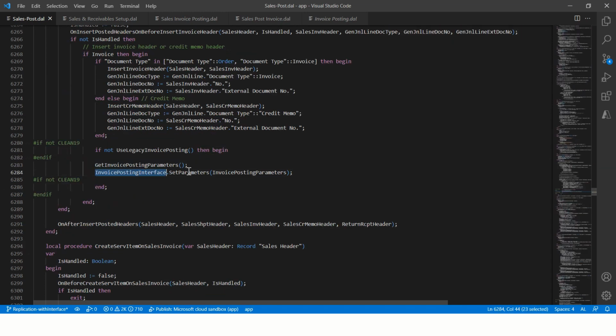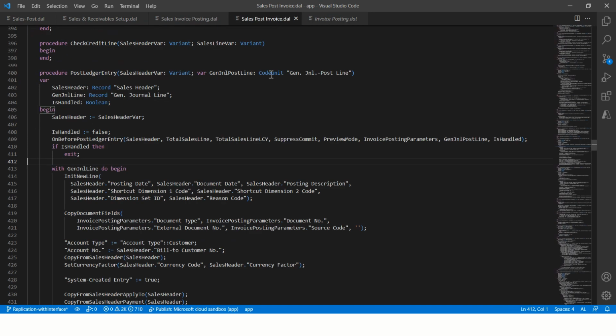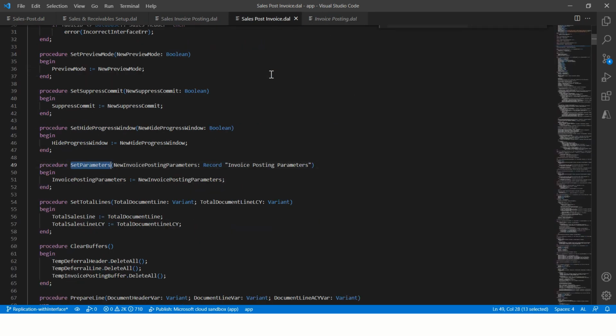It goes to this function here called set parameters of interface. It basically takes that record variable as a parameter. And if I go to this function, it now says this. So simple assignment of that variable. Now, if I see the usage of this variable,